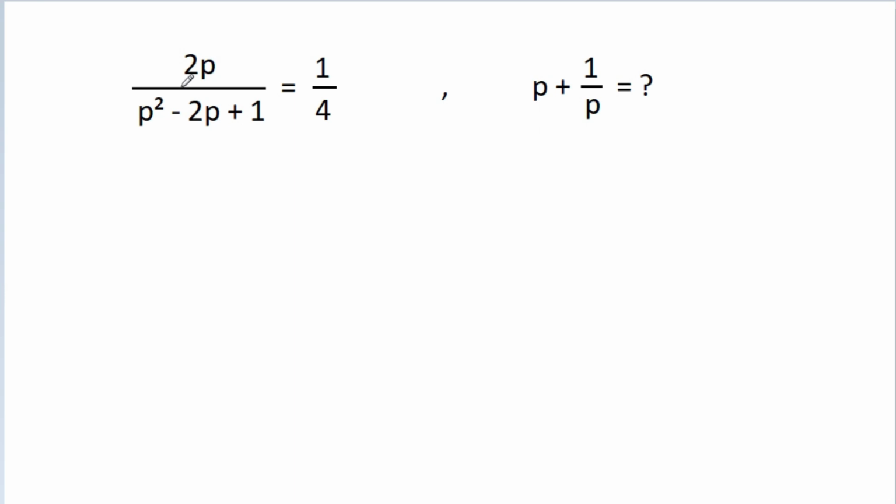We have given that 2p by p square minus 2p plus 1 is equal to 1 by 4. Then p plus 1 by p is equal to what? So the first method,